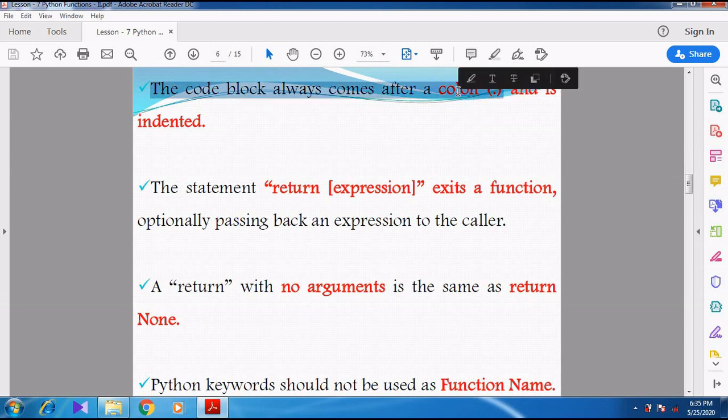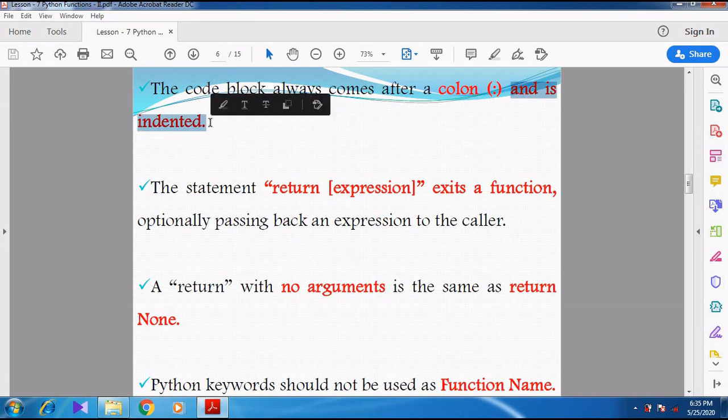After the colon, the code block, that is, a block of statements, can be given, and the block should be indented. Indented in the sense the text should be inside the function definition with some spaces. You might have studied indentation in the 5th lesson.